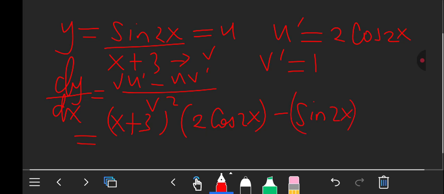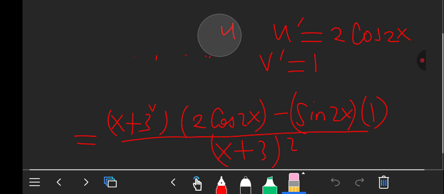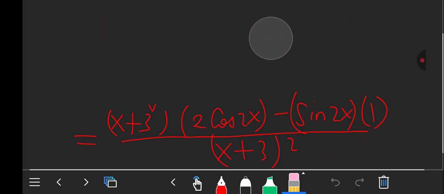What is our v prime? Our v prime is 1. Then everything divided by v square, which is x plus 3 then square. You can get rid of the top part there. So let's now simplify this. We say dy over dx will be equal to